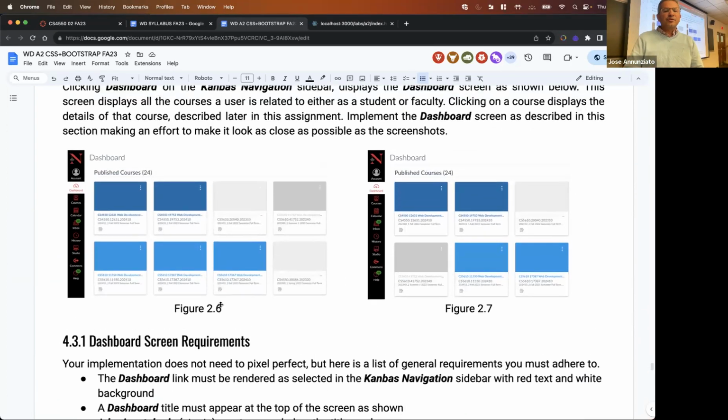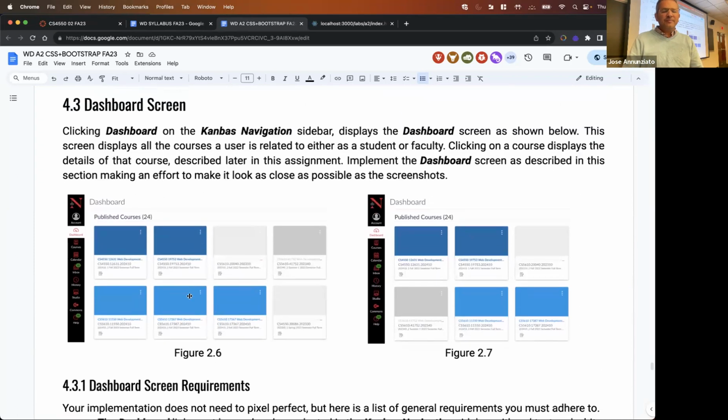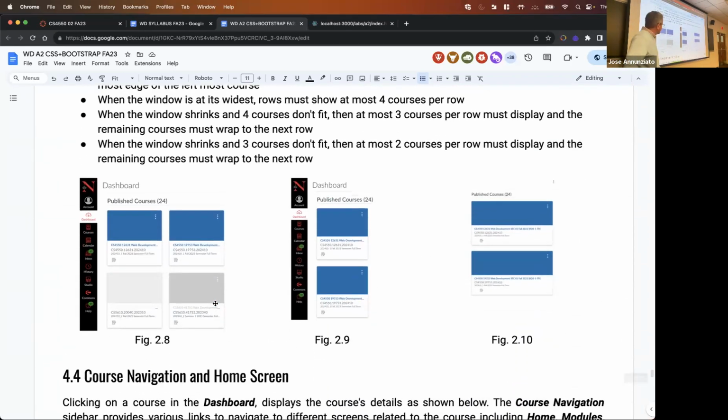So here's a new screen that we're asking you to implement, the dashboard screen. The dashboard screen has its own hyperlink, right? In the Canvas navigator, it should be highlighted when we are looking at the dashboard, and it's responsive. Responsive meaning in a wide screen it shows 4 columns, but as it becomes narrower and narrower and it doesn't fit, it wraps and continues below, so it's 3 columns. As it gets narrower and narrower, then it renders as 2 columns, and then narrower again, it's just 1 column,